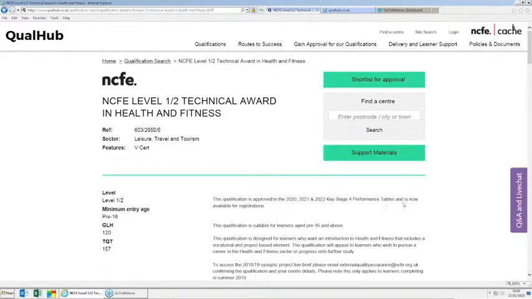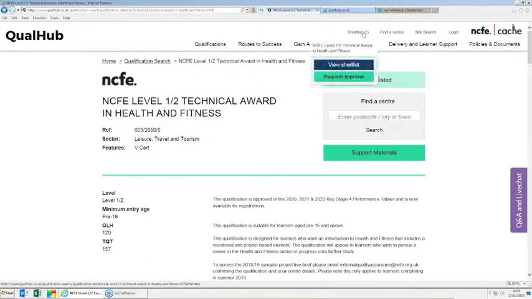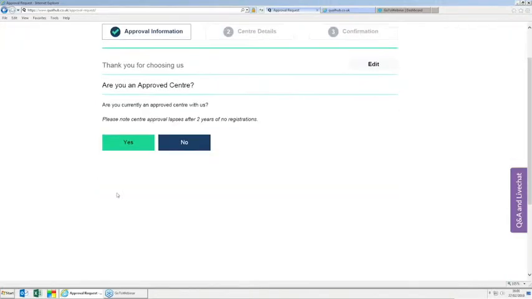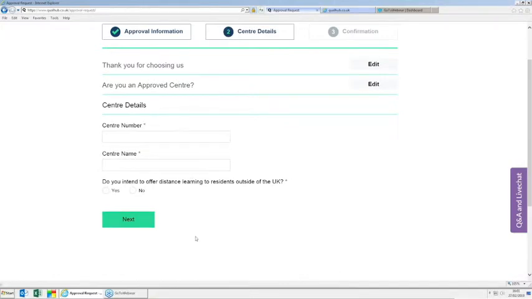Something else you can do from the qualification page is request approval for an additional qualification. So this process is very similar to when you were before an approved centre. You click on this button here that says shortlist for approval, and then that puts the qualification in a sort of shopping basket at the top here where it says shortlist. So if we click on that, and then we click on the green button, request approval. So you just need to confirm that you've added all the qualifications. So just click yes. And this is the only difference. At this stage, when it asks if you're currently an approved centre, just click yes, and then continue the